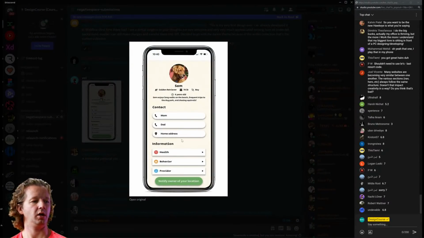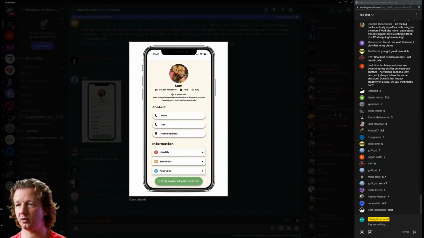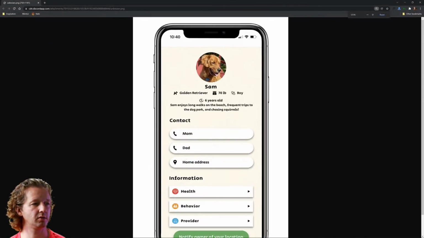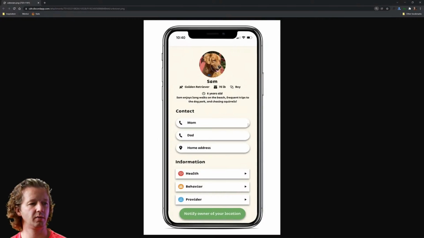All right. For this design, let's open original and see if we can get this to be a little bit larger, possibly. For this design, the thing I'm seeing immediately is the high contrast shadows. So if you're going to use drop shadows, try to make them a little bit more of an afterthought. When they come in higher contrast like this, it's reminiscent of old school style design. You do need a little bit more structure right here where it says Sam and then golden retriever, blah, blah, blah. There's not much white space between these elements, and you could probably figure out how to create a stronger layout structure for displaying this secondary information.